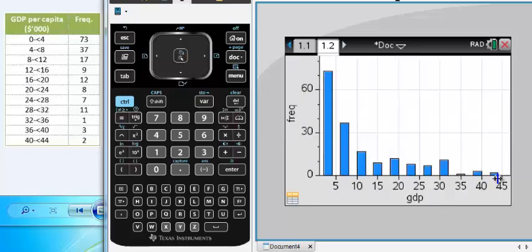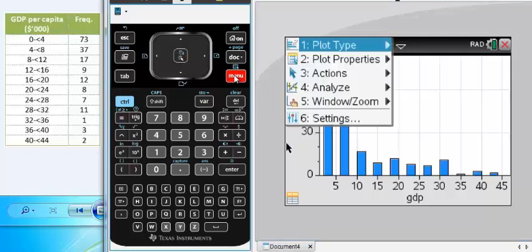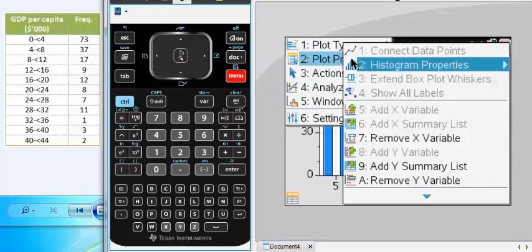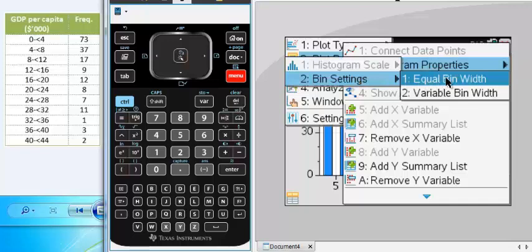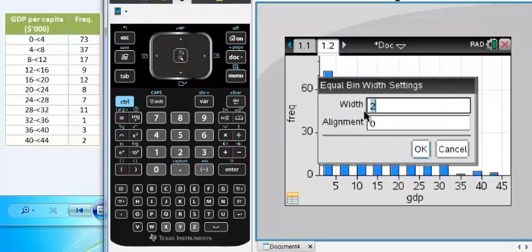This will draw our histogram, but the histogram should be continuous, with no gap. So to change the width of the histogram, we will click menu again, plot property, histogram property, bin setting, equal bin width.